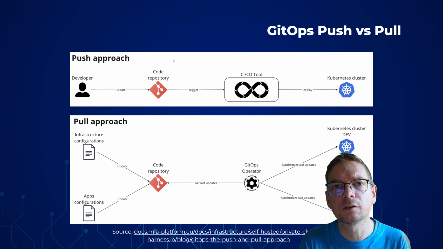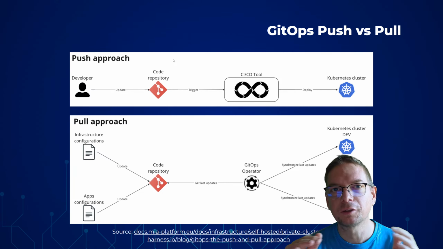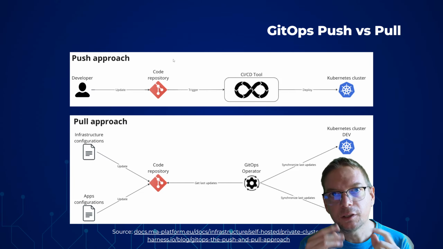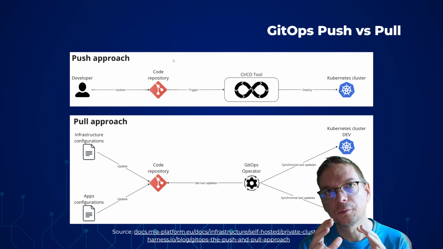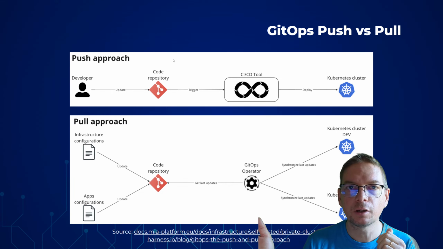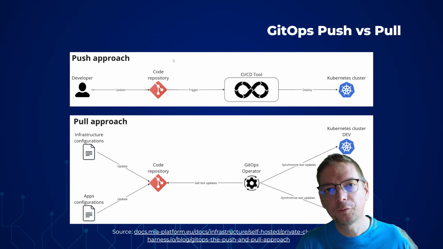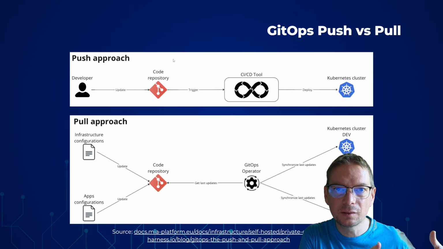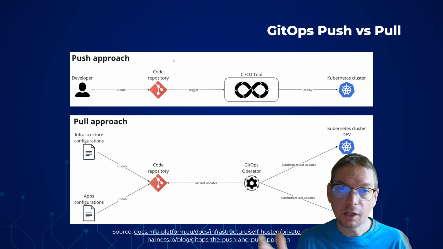You will put it in a Git repository. So Git is a version control system. It's really the standard. You will define it in some files, and then a change you make in Git will trigger something like a pipeline, and that will make an update.